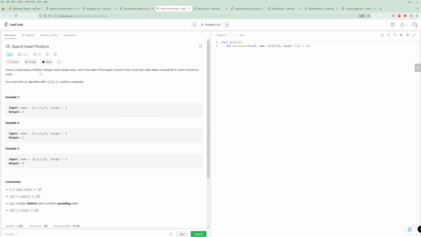Okay, search insert position, binary search again. So, sorted, return the index if the target is found. If not, return where it would be inserted. Okay, so first let's handle the case where, sorted. Okay, so it's sorted. So if nums target